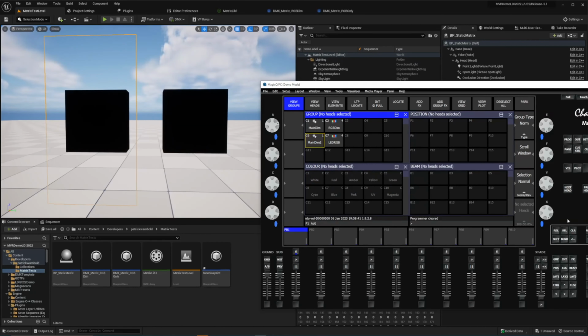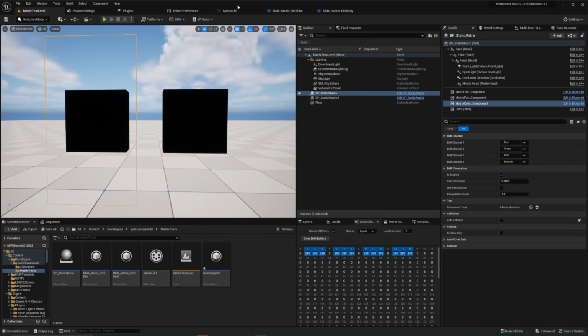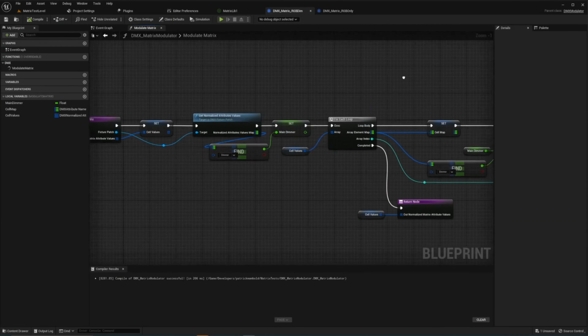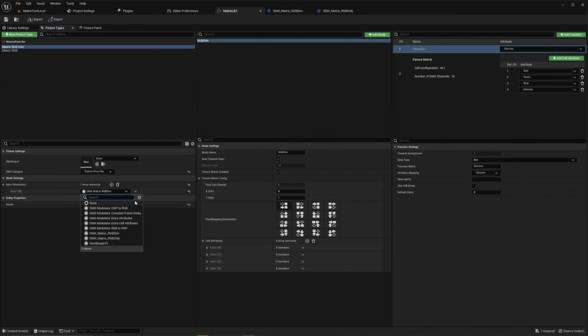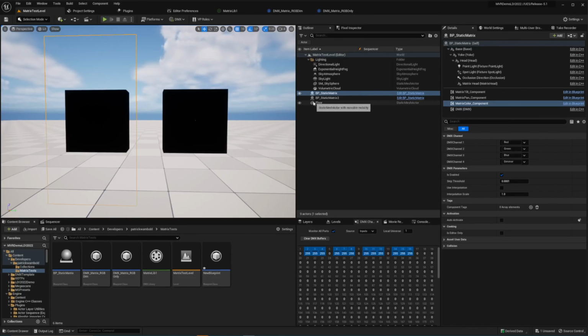And this is just one handy way that you can use modulators to get some work done for you. There are some built-in ones already, so you apply them here on the fixture. If you look, we have ones to convert CMY to RGB. There's one to add delays if you want. You can do extra cell attributes and things like this for pixel mapping. So it's really clever what you can do with this without having to dig into C++, because the other option if you wanted to do this